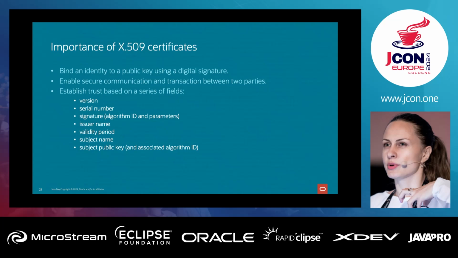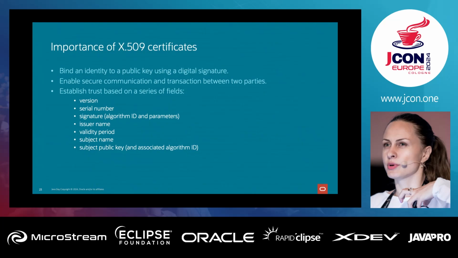So why do we actually care about the X509 certificates? Because they include information like a public key, a digital signature, and information about the identity associated with the certificate and its issuing certificate authority. The important aspect about them is that they give the receiver the ability to validate the identity of the certificate presenter. And there are a few series of fields that are important to know about certificates, and that's where